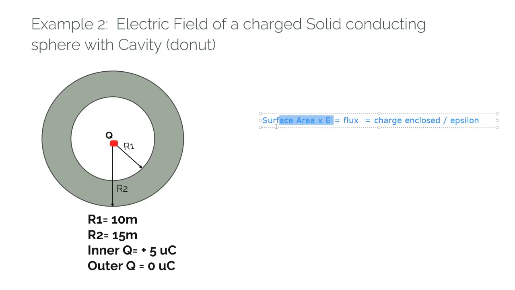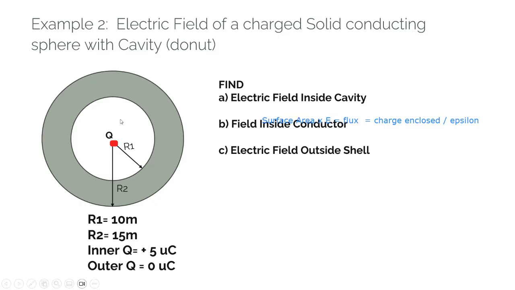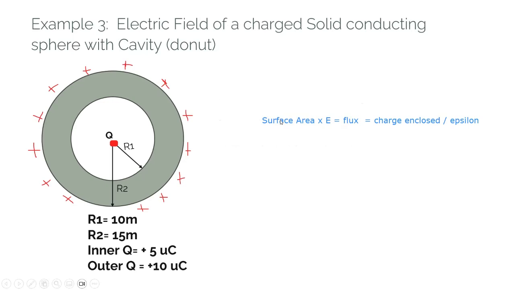Now, why can we use this simple formula? Let's keep reviewing that. It's because we have a perpendicular E field to the surface everywhere and a uniform magnitude of that E field. So that's going to give us a simple solution there. We can get the electric field inside the cavity. It shall be equal again to Q over 4 pi r squared epsilon naught. And now inside the conductor,